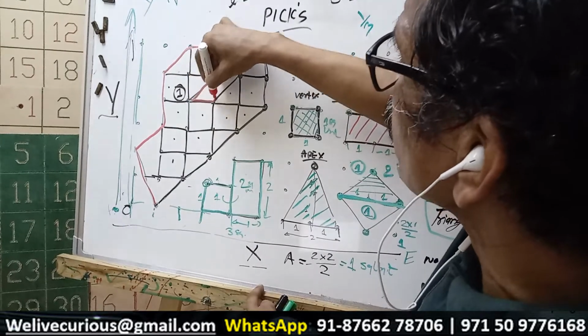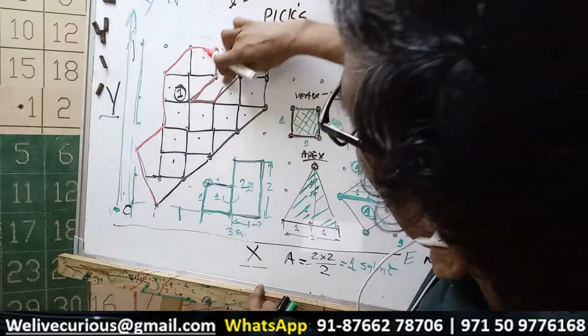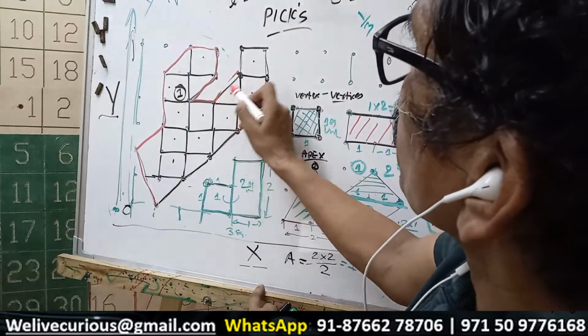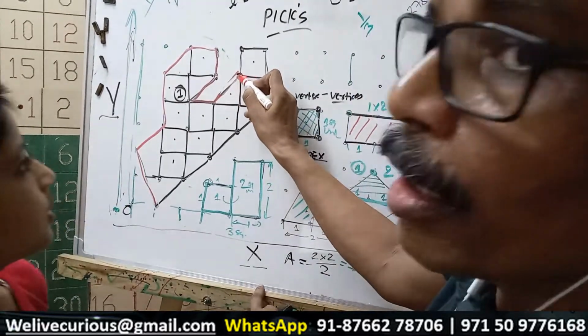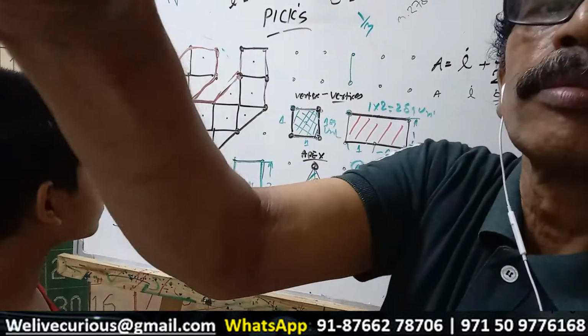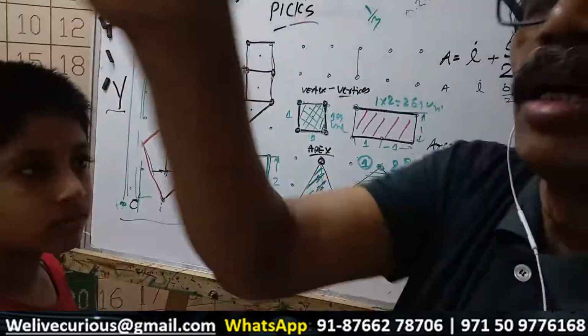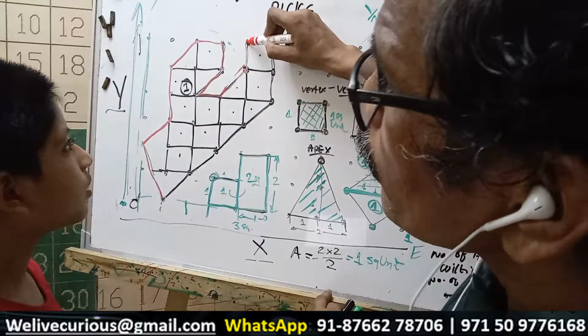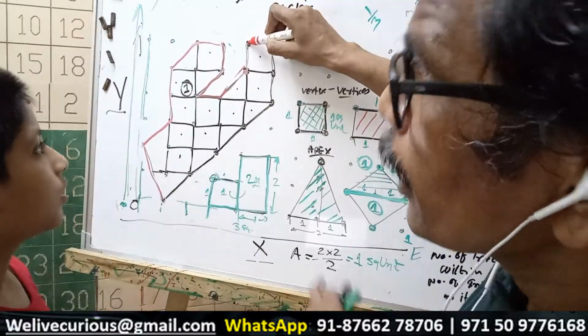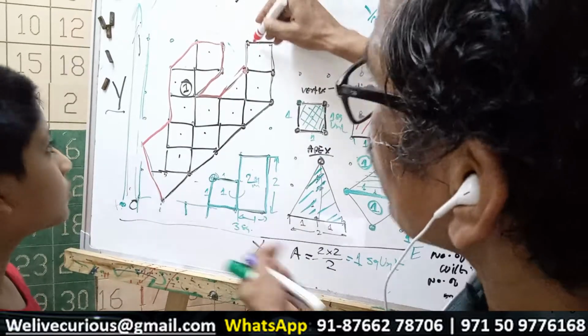Whole integers. See, we are not concerned with this internal point. When it comes to this integer value, the whole value will come. Okay, now again, the next apex, the next vertex here. It is an integer value from 0, right?